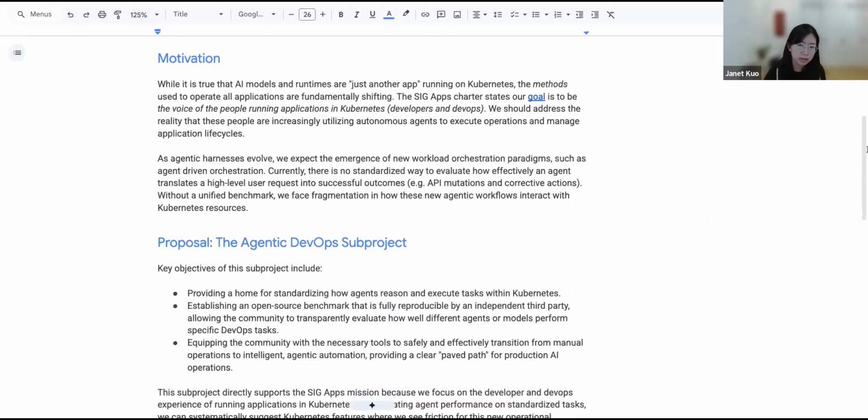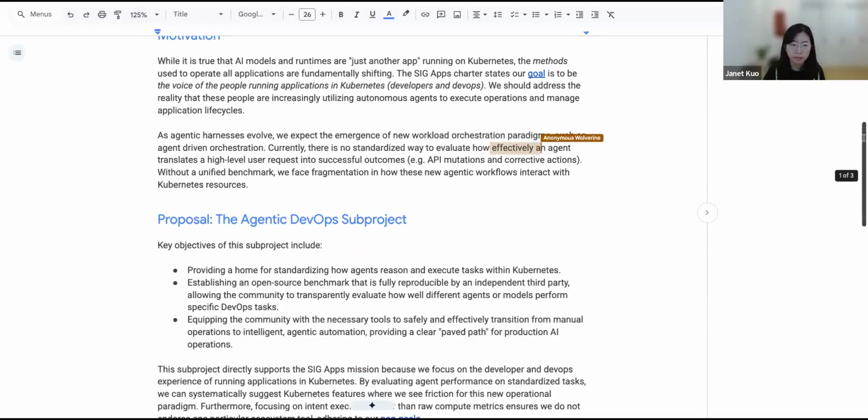So the motivation is that this is directly part of the SIG Apps charter about being the voice of people running applications in Kubernetes, which is the DevOps people.